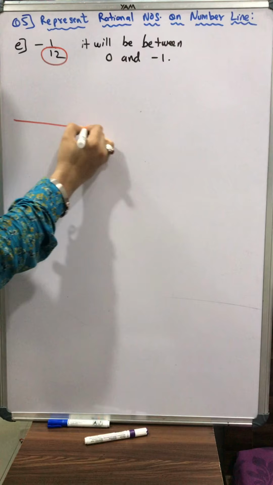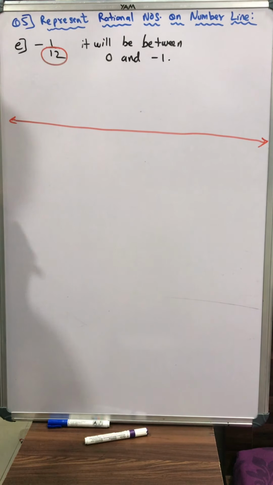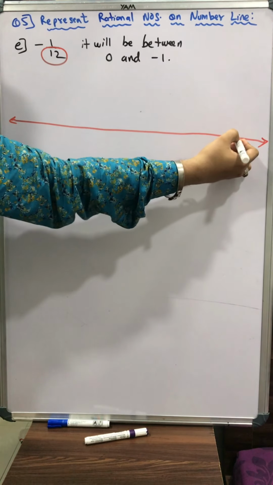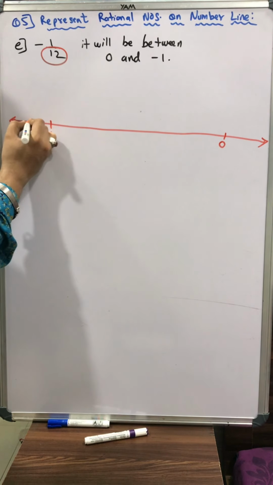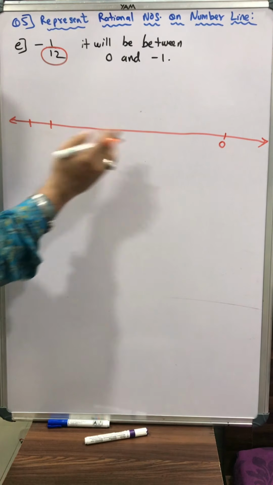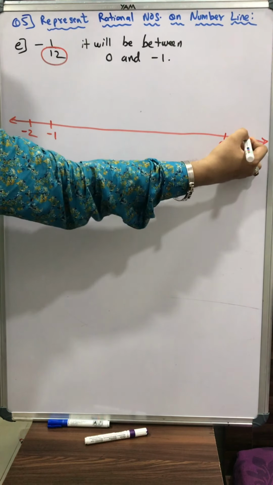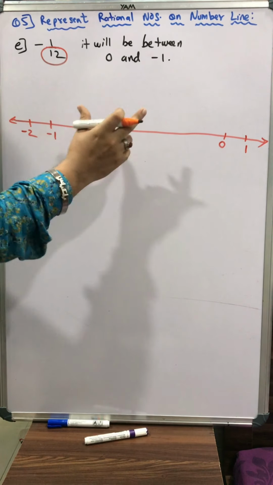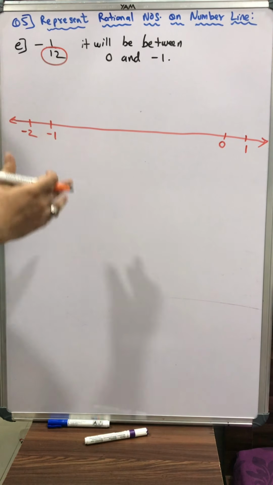Okay, so let's draw a beautiful number line on the ruled line of our notebook. Okay, and be careful, it's a minus 1. So minus comes on the left hand side. So deliberately I'm writing here as 0, and I'm writing here as 1, and on the left hand side of 0 it comes minus 1, and here I'll write minus 2, and here I'll write 1. Okay, so you should cover the entire width of your page. Don't draw small number lines. Then this is my criteria from 0 to minus 1.